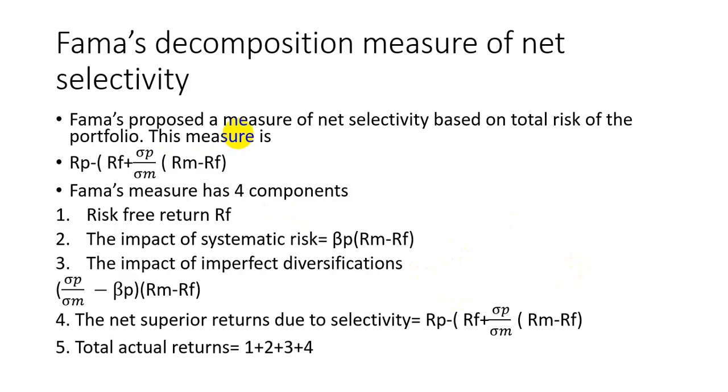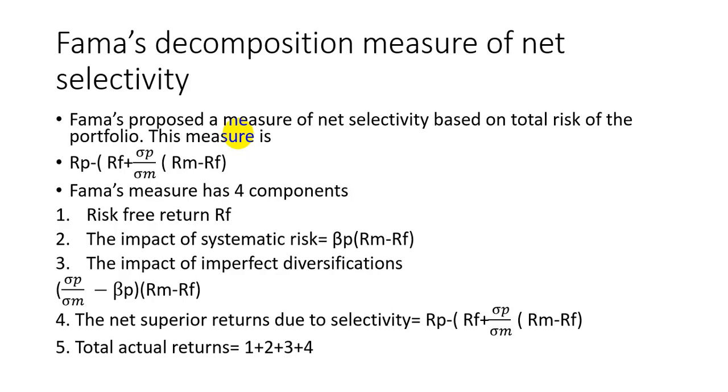How you're going to calculate the net selectivity will be chosen. This is different from your other three performance indices. They were performance measures, but here in Fama you're going to calculate the total risk of the portfolio, its net selectivity, that is your net amount also. The risk adjusted performance measures discussed earlier were basically oriented to an analysis of overall performance of a fund or a portfolio.